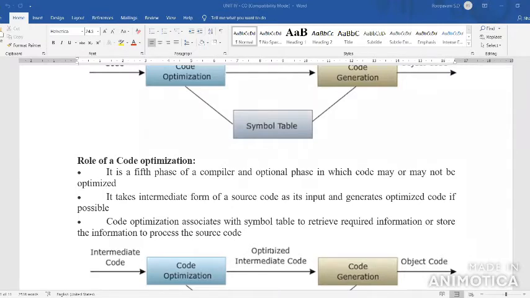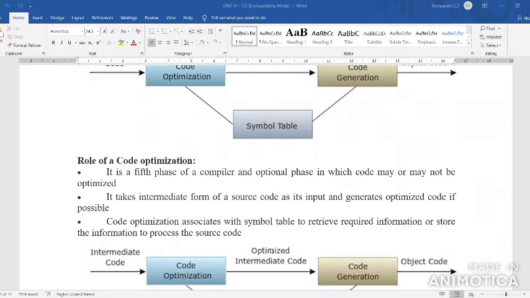Next role: the code optimization associates with the symbol table to retrieve the required information or store the information to be processed from the source code.